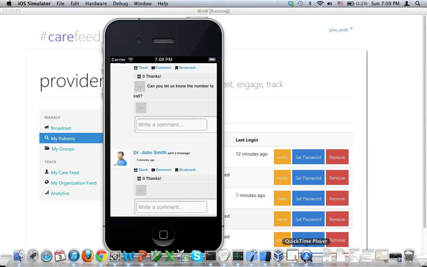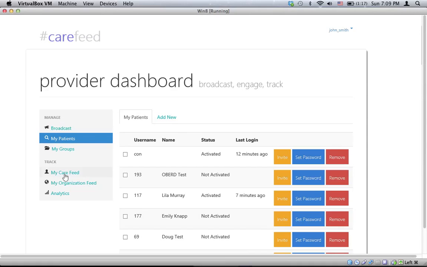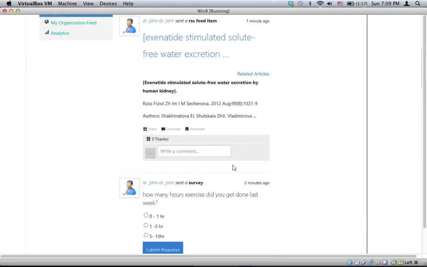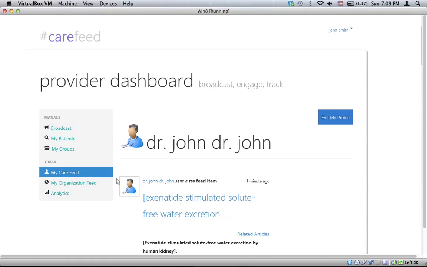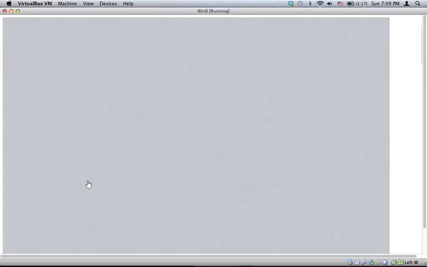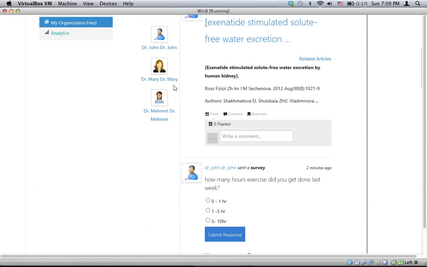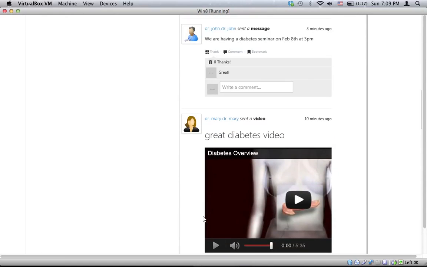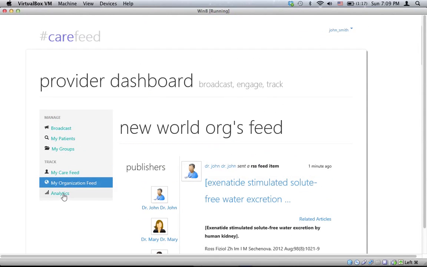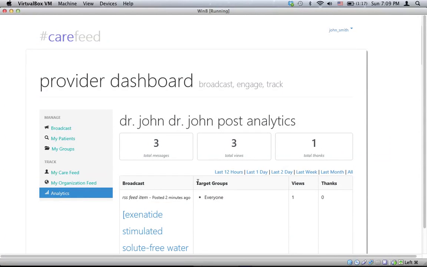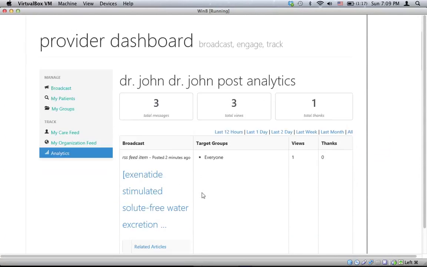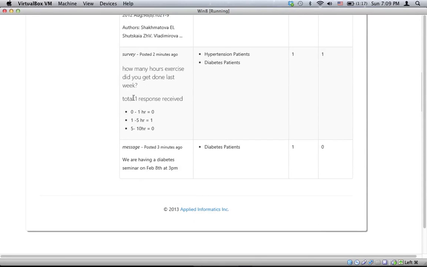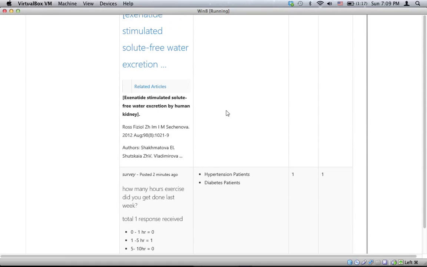and she's seeing all the feeds in her iPhone. Now back to the provider dashboard, I can see how my feed looks. Patients can log in and see what my feeds are and what stories I have posted. I can see all the feeds posted by Dr. John, Mary, Dr. Mehmet, and patients can also view this, so they can see which other doctors to follow in my clinic. And most excitingly, I get this detailed analytics. So I am getting this analytics telling me how many messages I have posted, and also getting the responses from the survey. So I got one response from Leela,